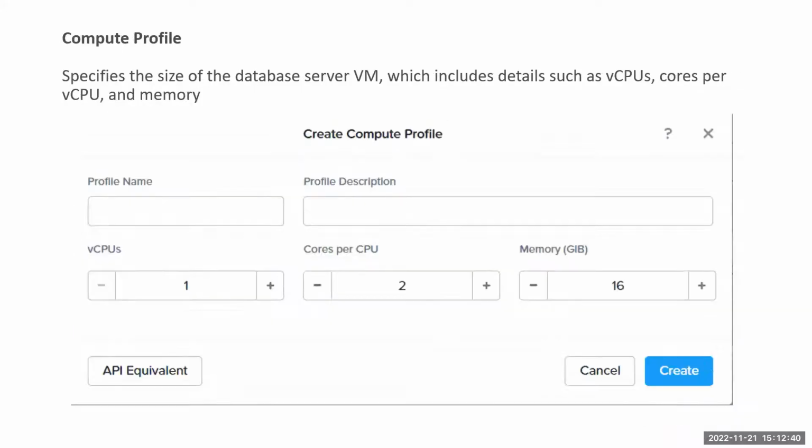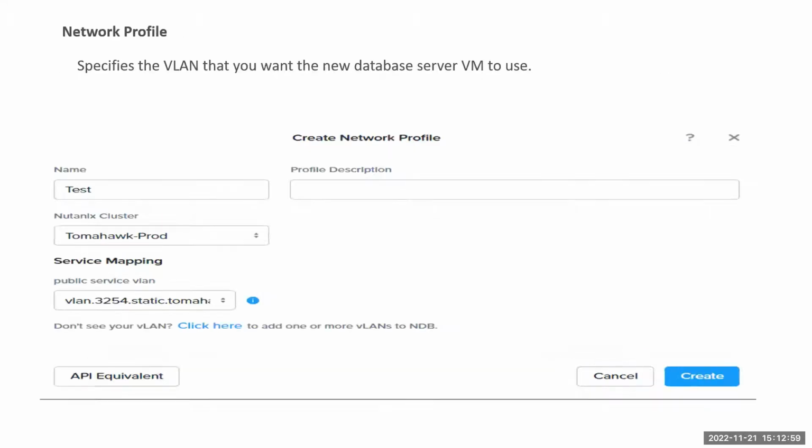The compute profile is nothing but a t-shirt size, where you specify the vCPUs, the cores, and the memory. When you're deploying a database server VM, you can select a profile. There are some predefined profiles for compute also, or you can create your own profile. The network profile defines what VLAN should be used while you're deploying the database server VM.